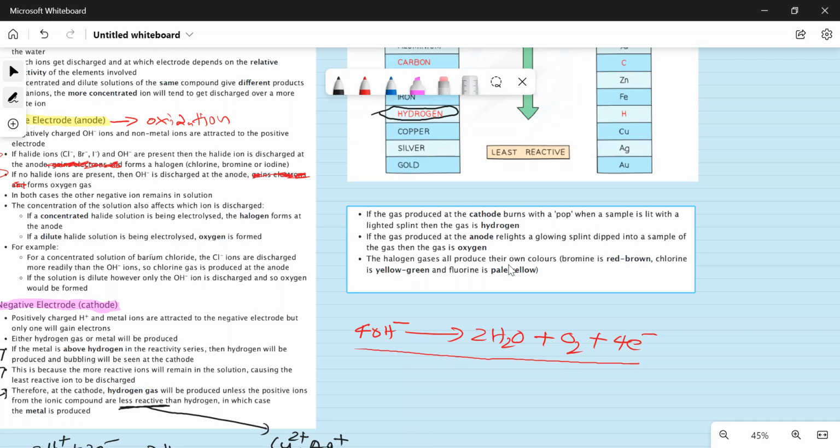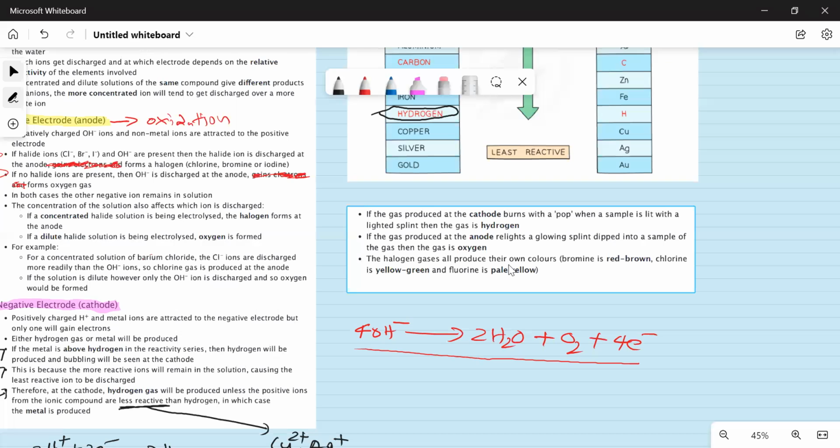If you dip a glowing splint in there, you can see that the glowing splint relights. So therefore, the produced gas will be oxygen gas. Apart from these tests, some gases you can identify from their colors because they have very distinguished colors,